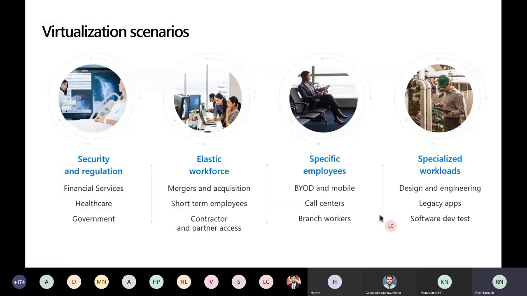They will have some specific employees who need to go on the field, who use their bring-your-own device, right? Which is a laptop, tablet, mobile device, who work in a contact center, in the branch office, or someone who really wants to do